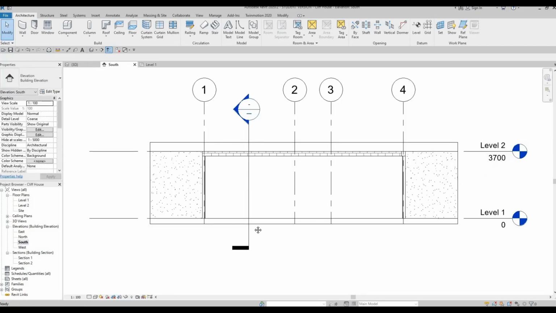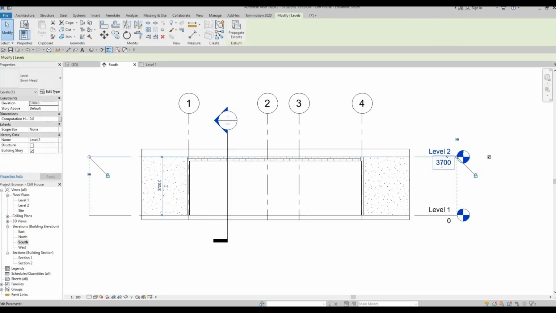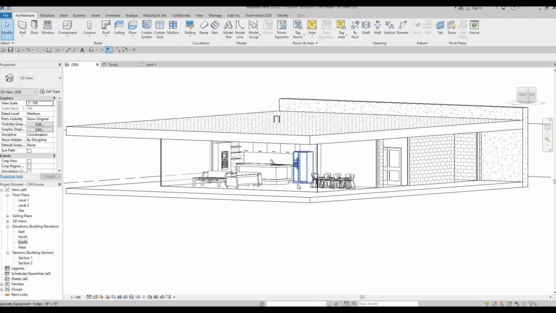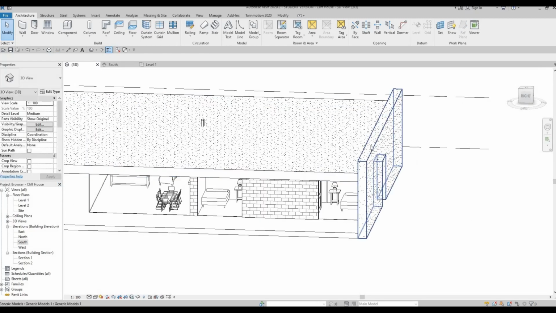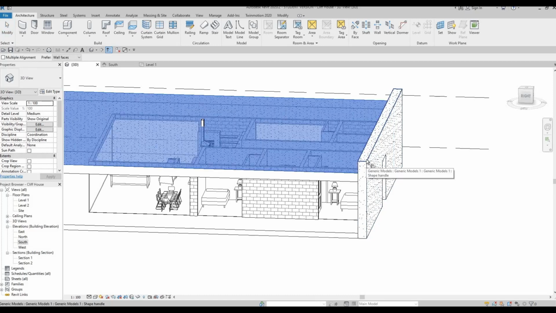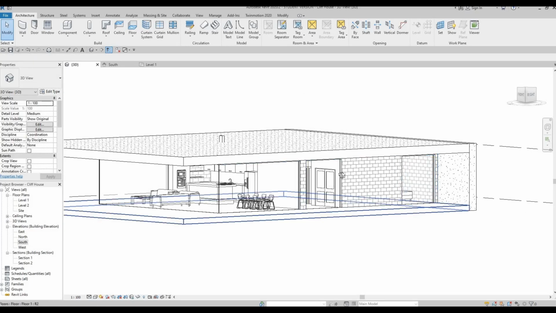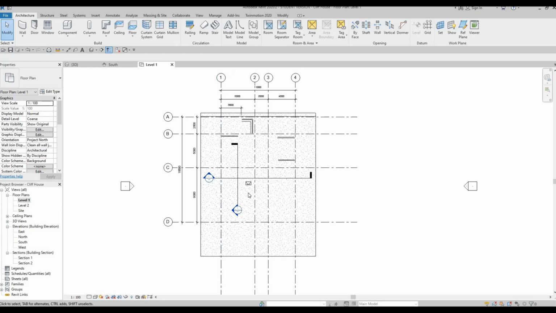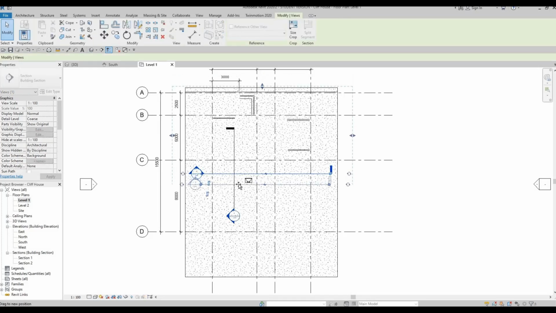Let's go to south elevation, and we're just gonna change the height from level 1 to level 2. Let's put this one on 3000, and after we put that, we just need to go back to 3D and align this face. So AL, let's copy this face up to this face, and that's easy. We were able to change it instantly, and then we just need to pull this down. So we could go to level 1 first and then move this backwards like this,